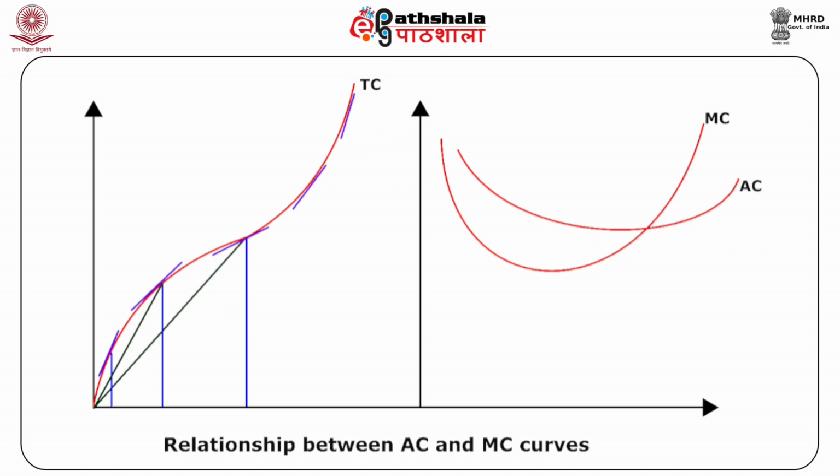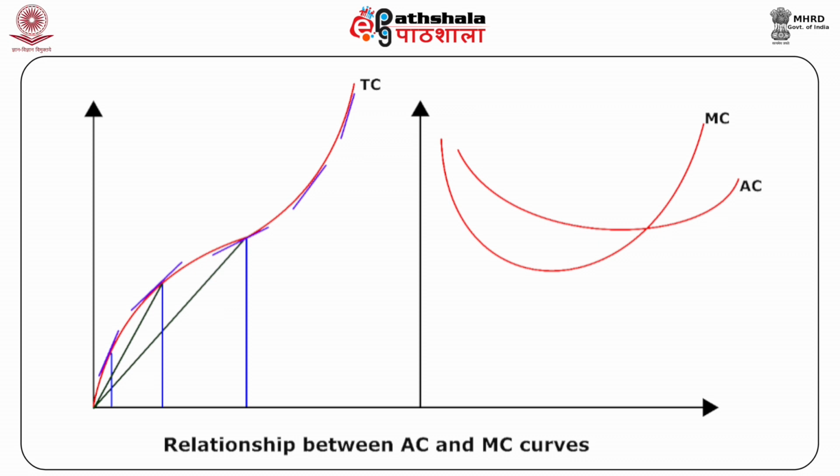So which is this point C? It is the intermediate point at which the slope of the total cost curve is actually almost parallel to the x-axis. So this shows that this is the minimum point of the marginal cost,